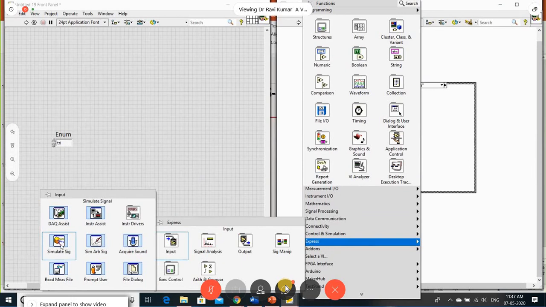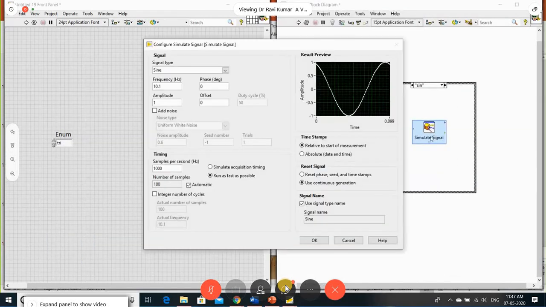Okay, we have Simulate Signal. Click on this, place it inside this.